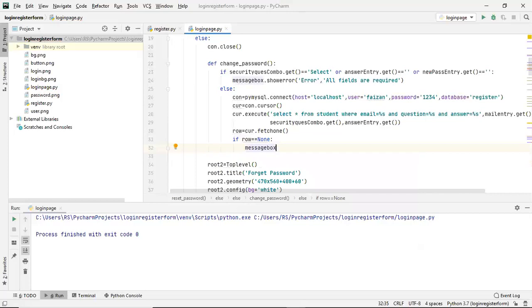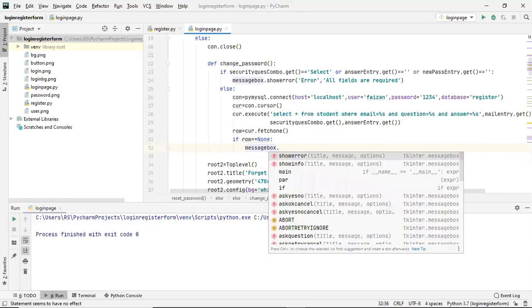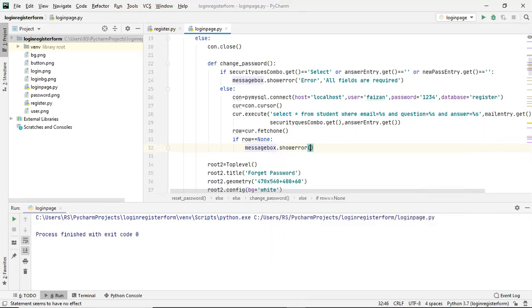If there is nothing in the row, that means you have written something wrong. So show error, the title will be error, and the message displayed will be security question or answer is incorrect. I think that will be sufficient here, right? So that's it.